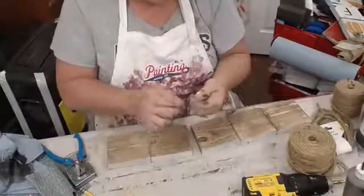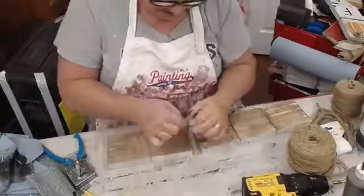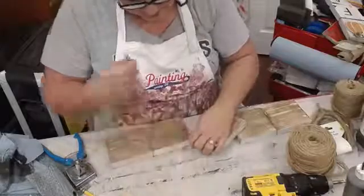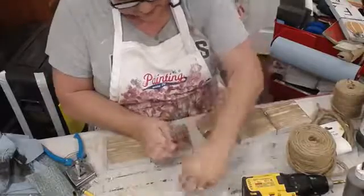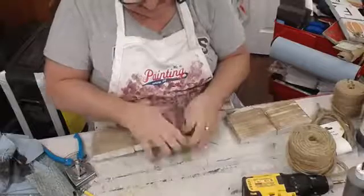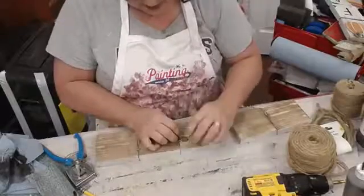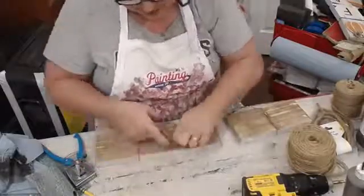Okay, see how quickly this is moving along, guys. And I'm gonna put a little ribbon on there. I should have gone to the store and gotten better ribbon, but I'm just gonna use what I have. Get this wanting to double back on itself. This wire is not the strongest wire in the world, but for this purpose it's perfect because it's not real shiny. It's got a little dullness to it, so it's a little bit more rustic. And it's malleable enough that I can do all this